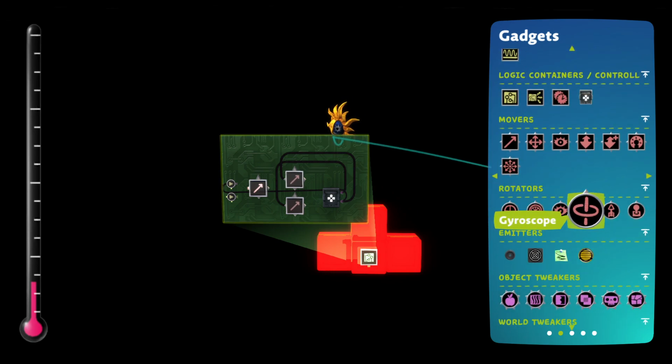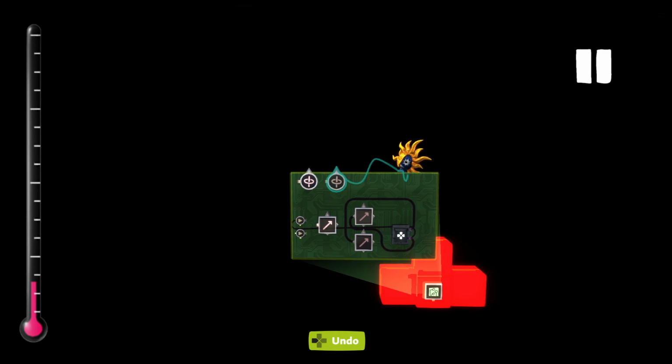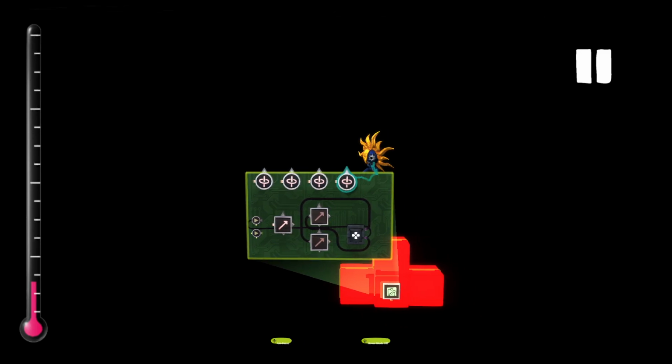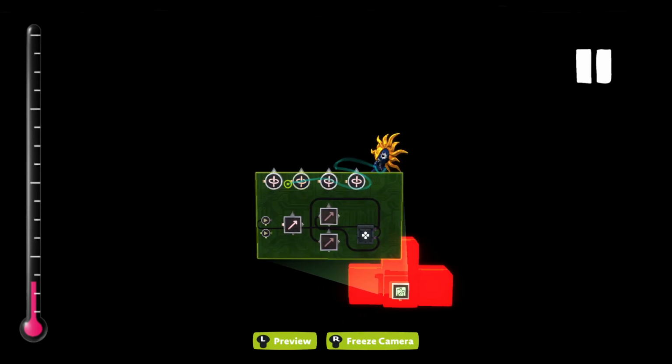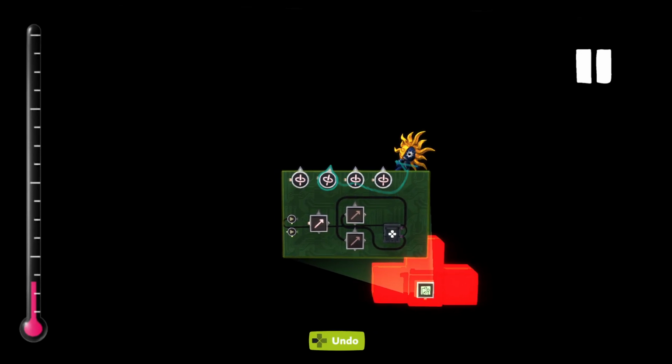Oh, we need a rotator so we can choose where it's going to spin. So we're going to have it go right, and then right, right, and then right in 4 dimensions, like so. So let's click this one. So we might need a grid for...